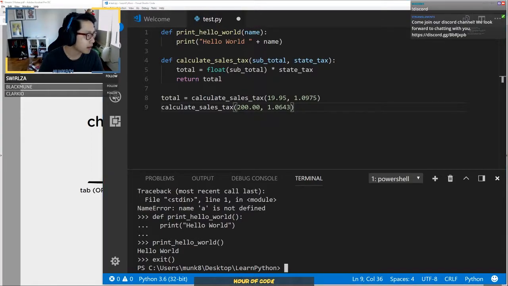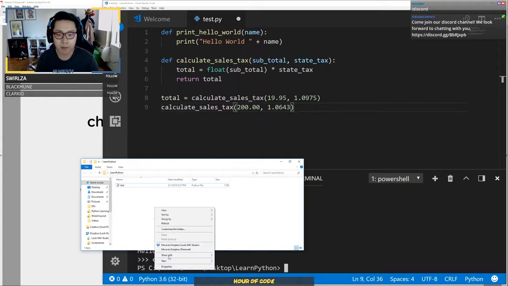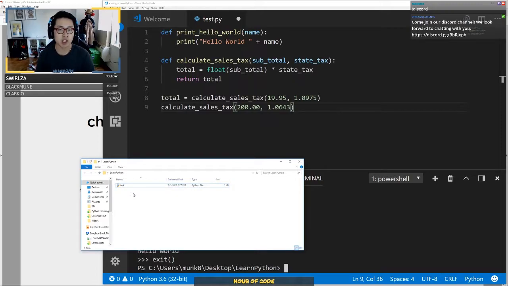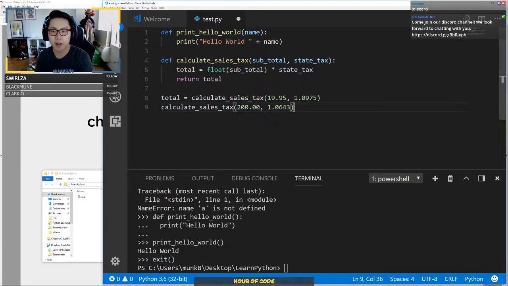On my desktop, I just created a folder called Learn Python. It's just a folder on the desktop, and I created this test file with the extension .py. That .py tells Windows that this is a Python file. This is the test file that I have here, and it's pretty much just like a text file. We ended it with .py so it knows a little bit more, right? If I save that out,